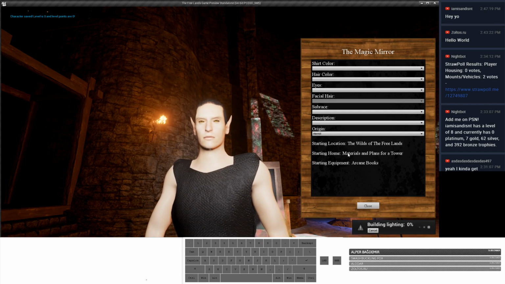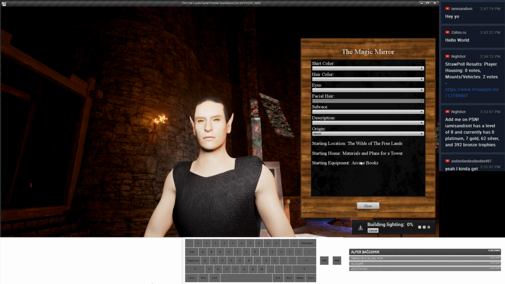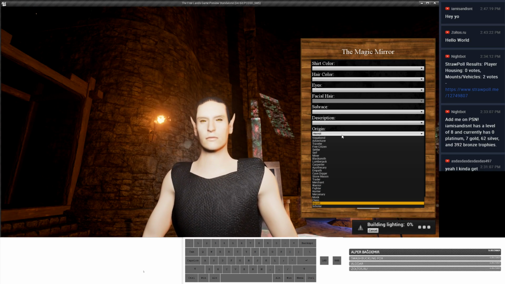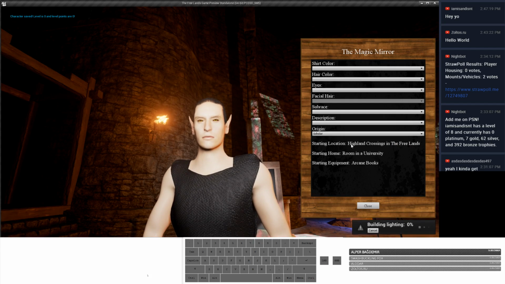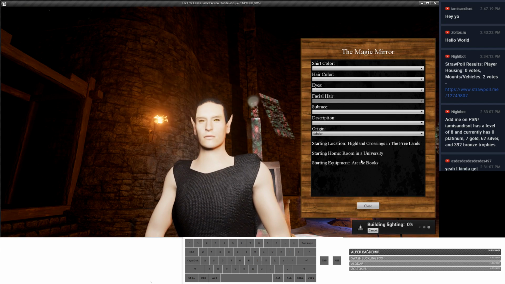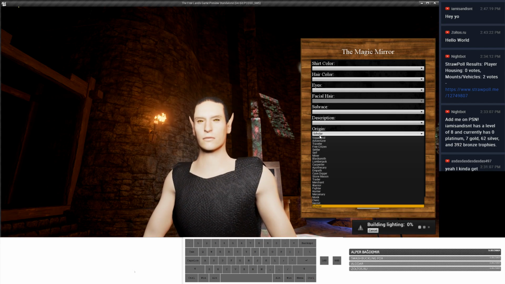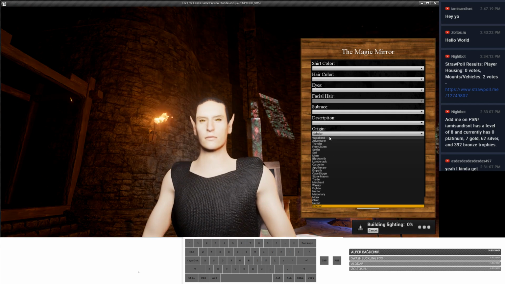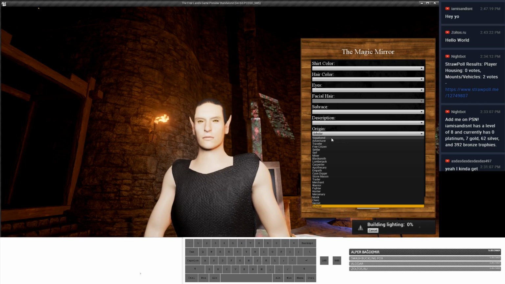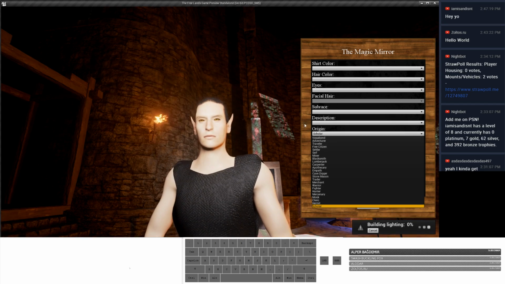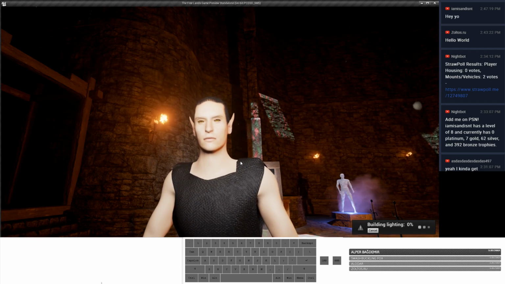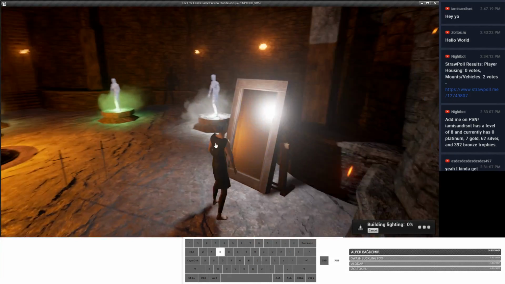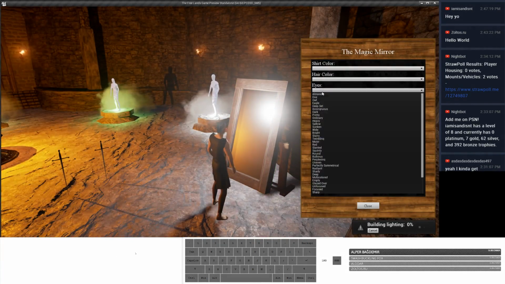A hermit starts with arcane books and materials and plans for a tower in the wild. So that's your arcane mage path, hermit and scholar. The scholar starts with a room in a university in town with arcane books. That's how you start learning magic. And that's all the starting options. These aren't classes, these are just what you start with. It hugely modifies your gameplay, but doesn't modify your character. Really, the other stuff here does. This is just text description.